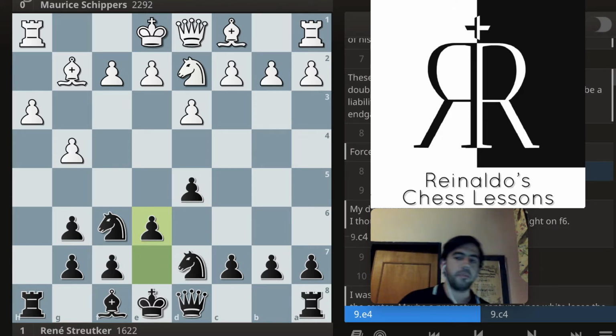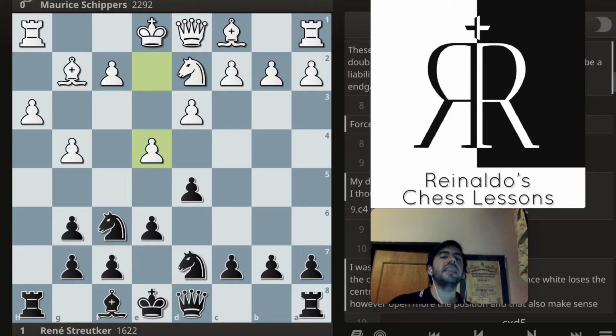Okay, for the bishop pair. And now this next move is very critical for the incoming middle game. White decides to push the pawn to e4. Typically this e4 move is a move that